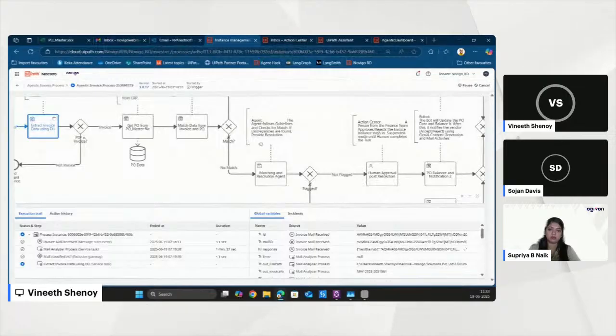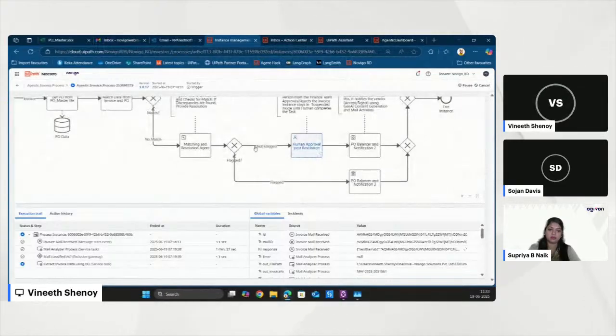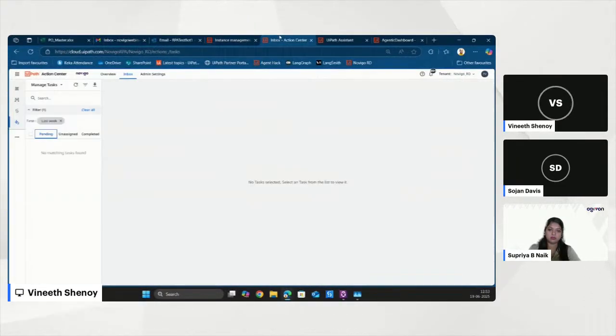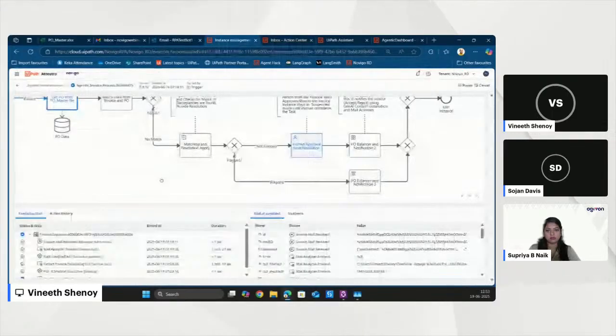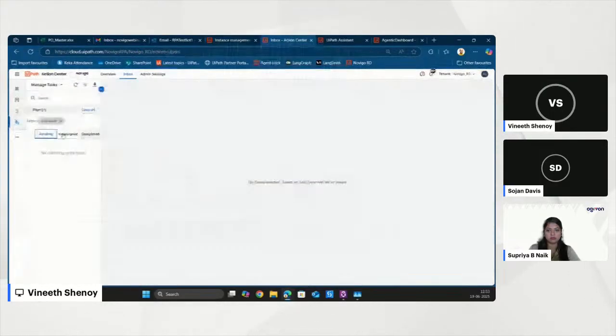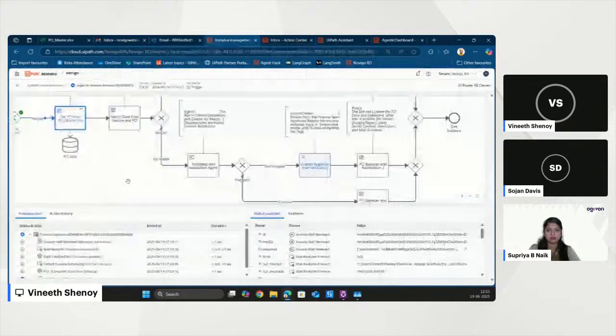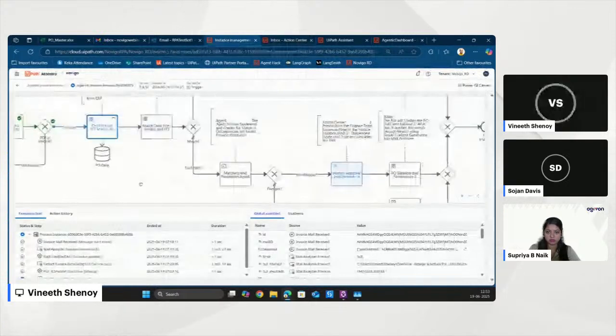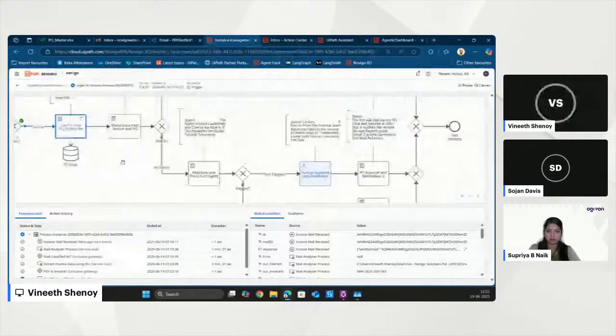And most of these processes, the user can see here, the action center. So any of the apps, like even in this case, if there's a human validation, it would come over here in the action center inbox. So I'm waiting for the agent to run, and as soon as the agent runs, if it does ask for human validation, we might see that over here in our inbox. So, okay, the DU process is completed and we are now in the get PO from PO master.